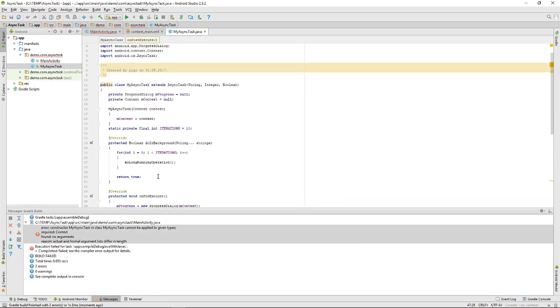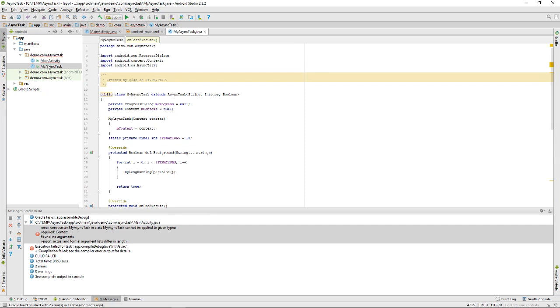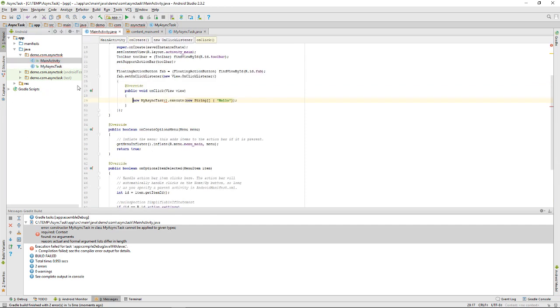Of course, now we also need to instantiate the class in a slightly different way. We have to pass the activity as,